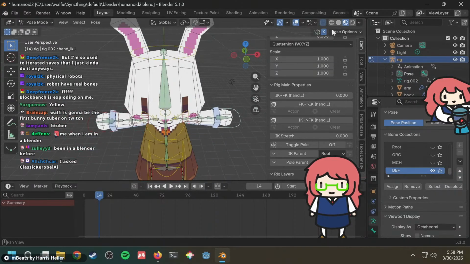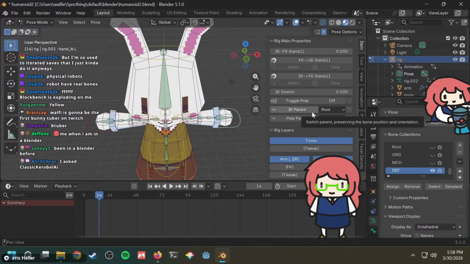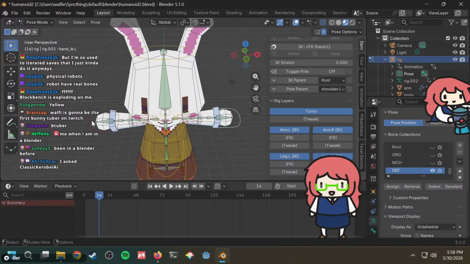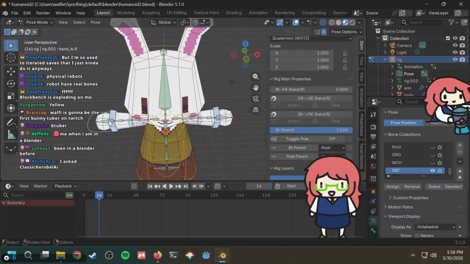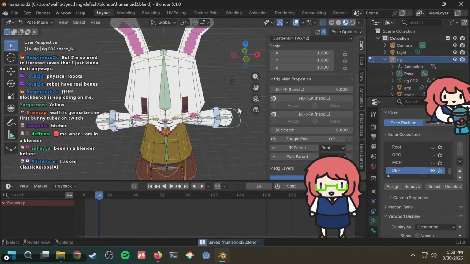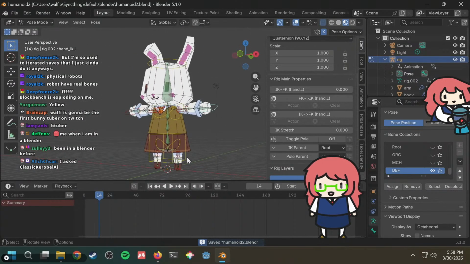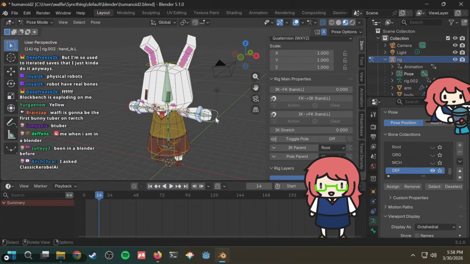Okay, I got to make it also apply to the other hand symmetrically. Now I would have assumed that it would just do that automatically. That is not the case. Okay, so now it's correct. I believe I need to apply the same to the legs, but I'll do that later.